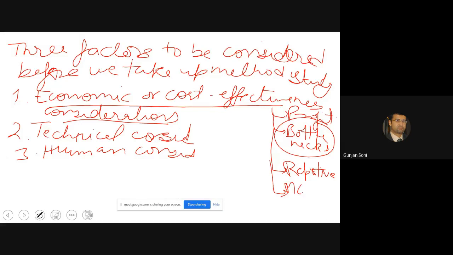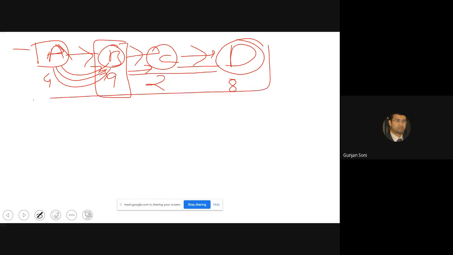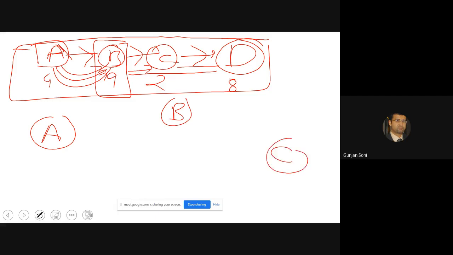So if there is a lot of movement between two workstations, for example, we can draw lines which indicate the amount of load. So only one line here, and of course, all the work is flowing between this. We will not take the example of an assembly line. We will take an example of shops. So there's shop A, shop B, shop C, and shop D.